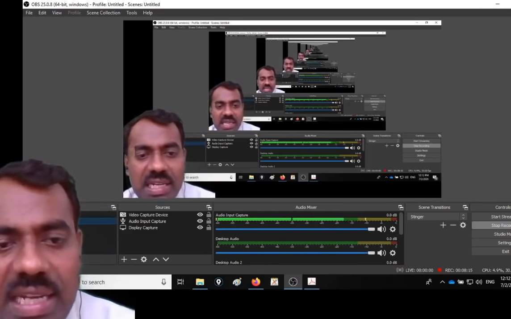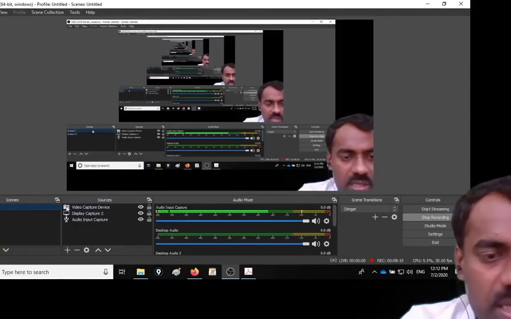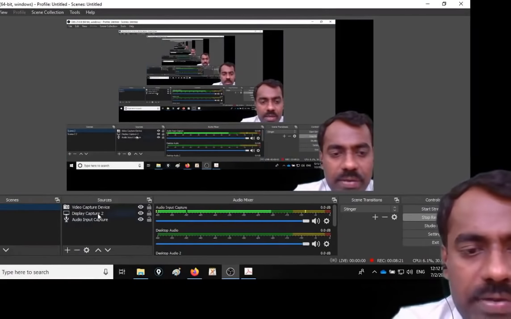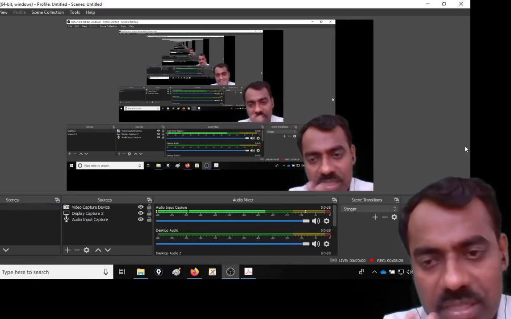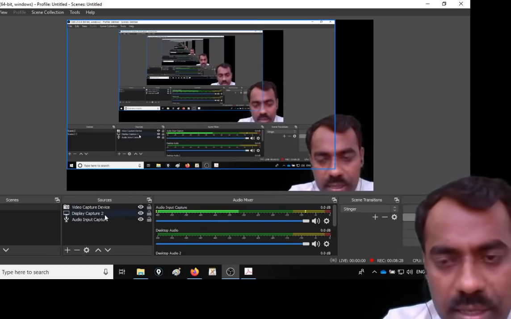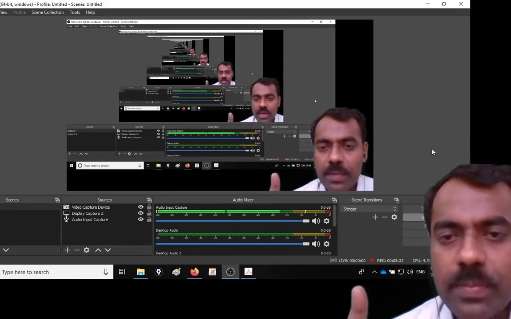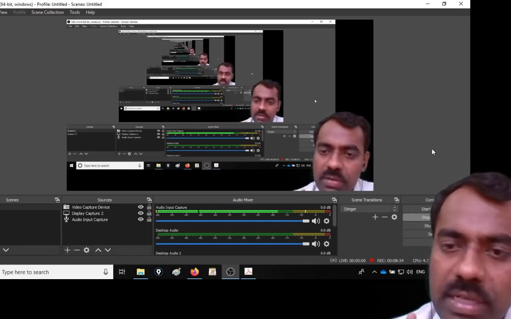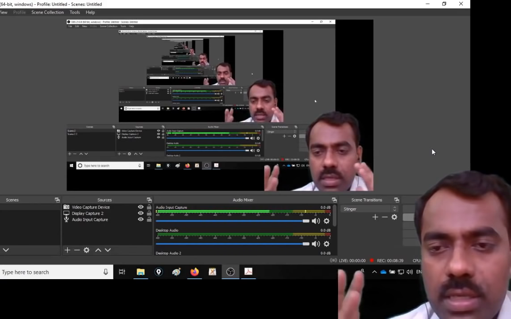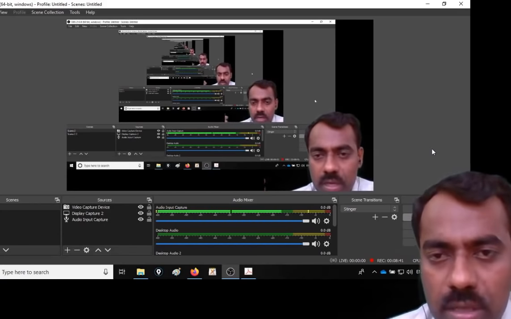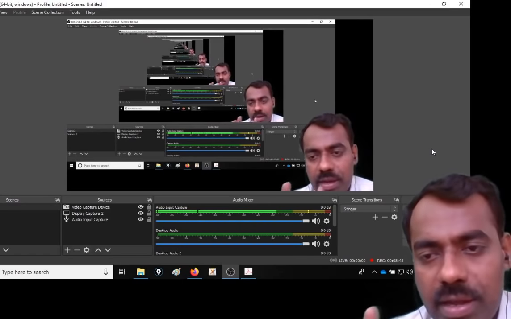But this scenes feature is a little advanced. You don't require it at present for a basic one. What you do is you just remember to add your video capture, means webcam, if you require. If you don't require your webcam, it's fine. And the important thing that is required is you add your display capture. If you add your display capture, everything whatever you open will be recorded in your OBS. So just add display capture and open your PPT file. Then you start explaining, and it will be recorded in the output.